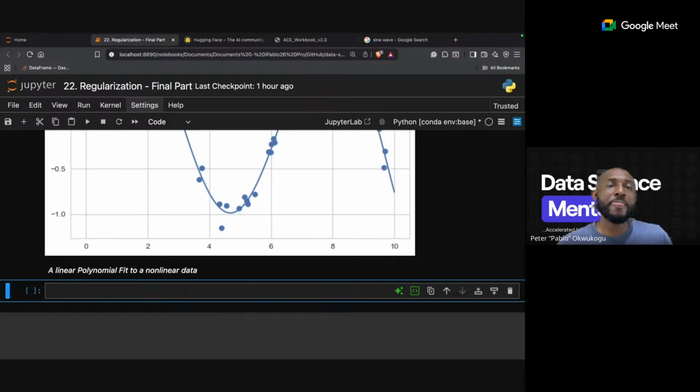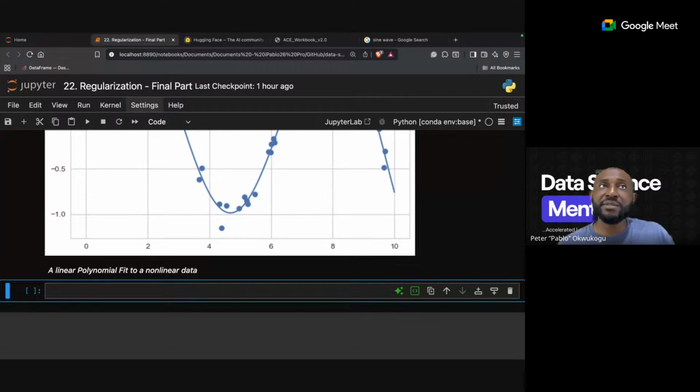Additionally, one other part we talked about is, what if we now have a situation where there are many ways we can have a linear fit? We can use polynomial features, we can use Gaussian features, right?